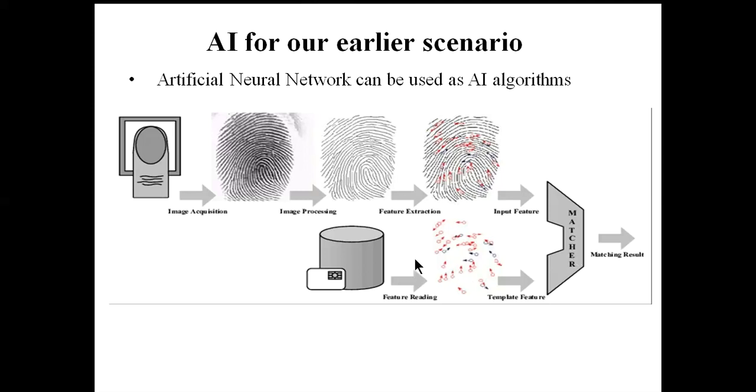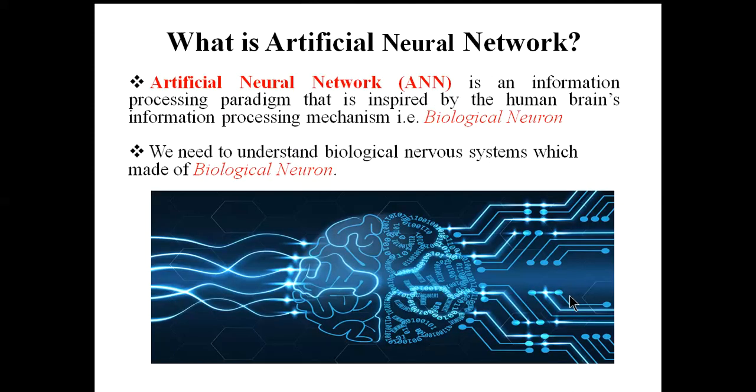Artificial neural network is one of the widely popular AI algorithms that is used for classification, prediction, regression, and also time series prediction. It has huge application not only in engineering but also in other fields. In engineering, it has huge application in electronics, computer science, civil as well as mechanical. Okay, so let's move on.